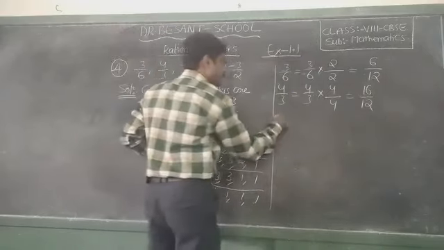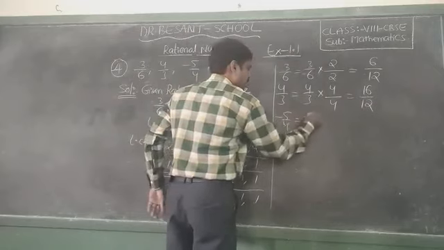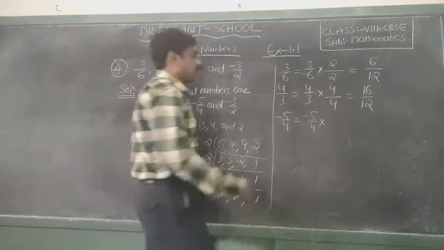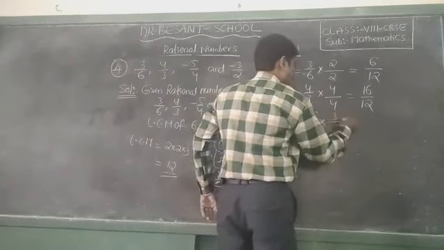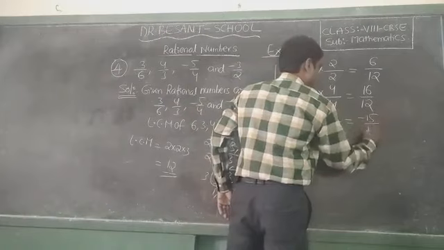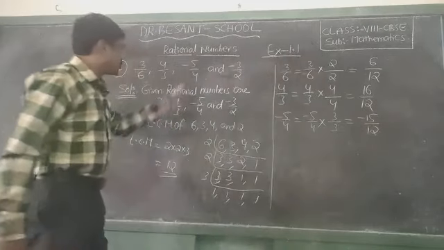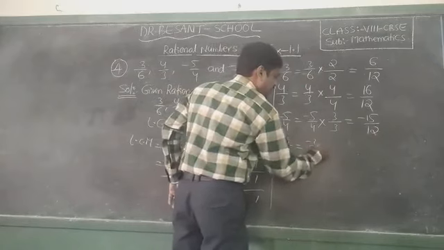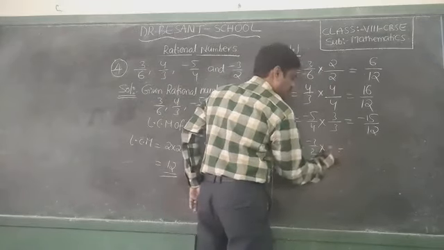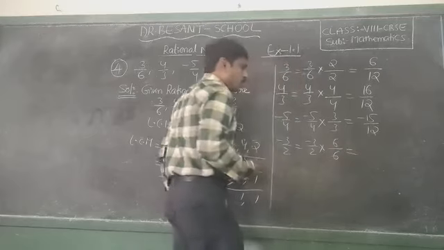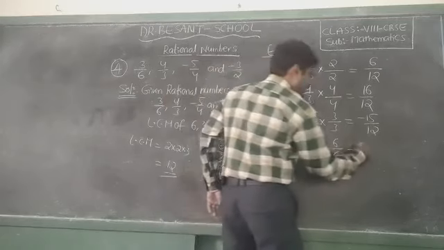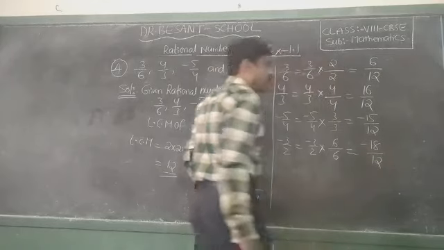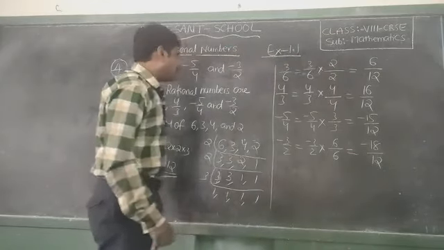Next rational number minus 5 by 4. So minus 5 by 4 into 3, we know that 4 3s are 12. Okay. So minus 5 3s are minus 15, 4 3s are 12. Next, minus 3 by 2, that is equal to minus 3 by 2 into 6, 2 6s are 12. So multiply numerator also with 6. Minus 3 6s are minus 18. 2 6s are 12. So now